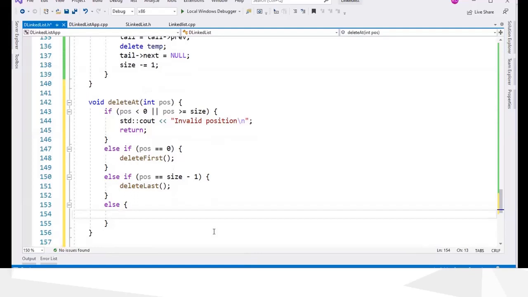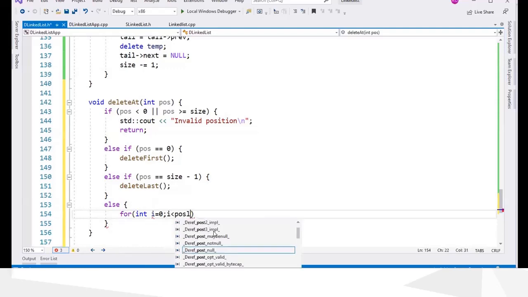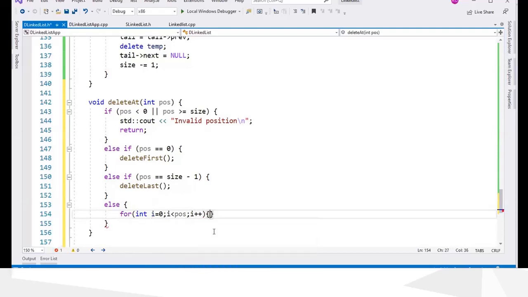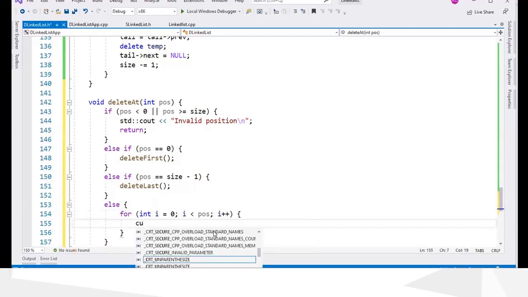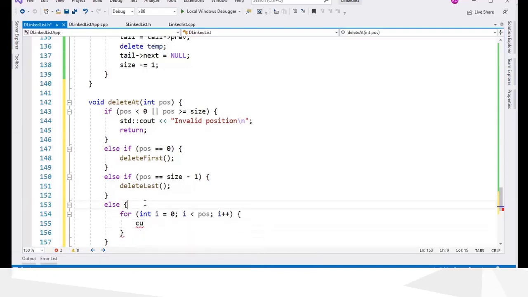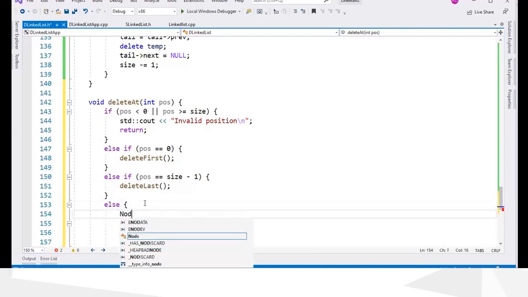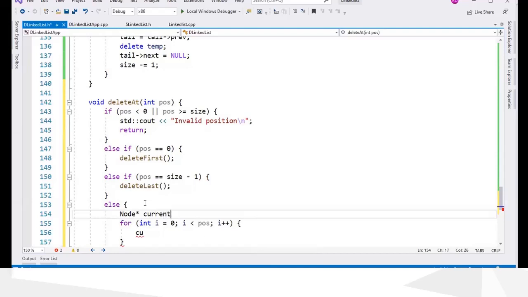But here we can go both ways, so we can go to the position, not position minus 1. Okay, so we have current equals head.